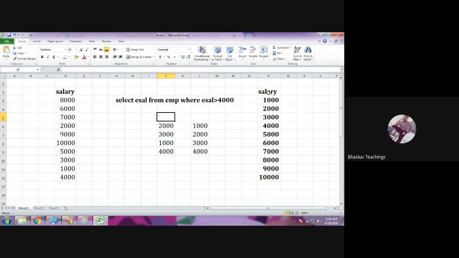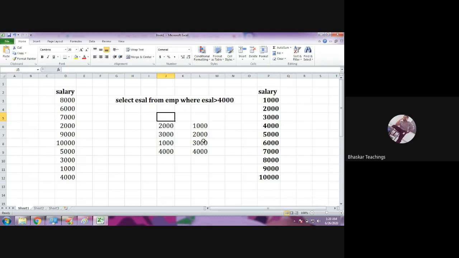Okay, so you need to analyze. You would know what data people are trying to retrieve more number of times. If they're trying to retrieve the highest data, then you would apply a reverse index. If they're trying to retrieve small data more number of times, then you would apply a normal index.